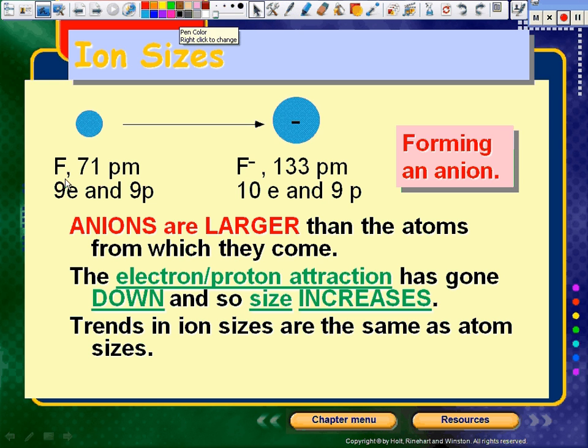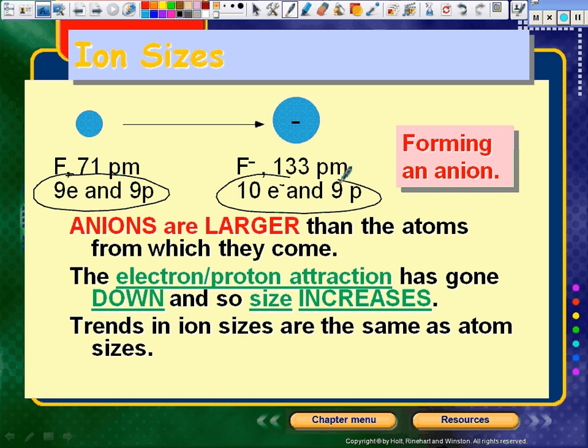Nobody. It's just going to be a balance of charge. However, when you gain an electron, now who's going to win? The electrons. Where are the electrons? In the center or on the outside? It's going to be on the outside, so it's going to be able to stretch just a little bit more than normal because the nucleus can't keep